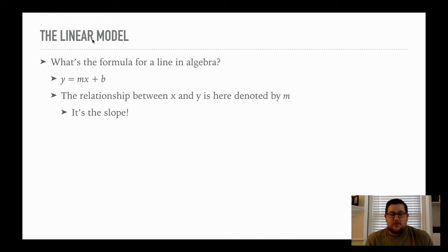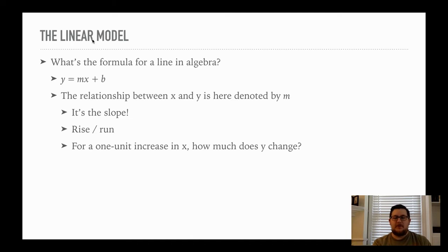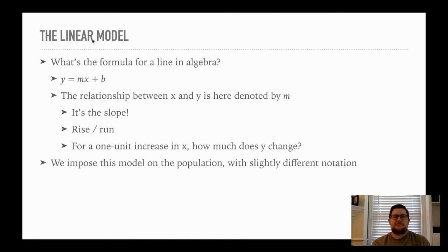Okay? It's the slope. And if you recall, a slope is called rise over run. It's the common mnemonic device that we use to remember what a slope is, right? So for every 1 unit increase in x, there is an m unit increase in y. So if your slope is 3, you go rise 3 over 1. So for every 1 unit increase in x, you get a 3 unit increase in y. That's important. We're going to come back to that later. Okay? And I just talked about that.